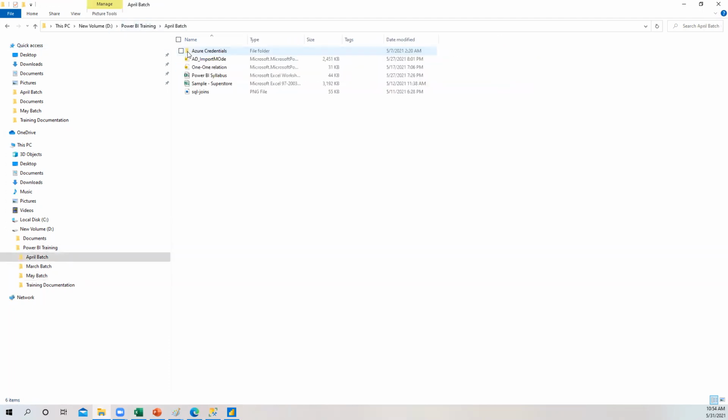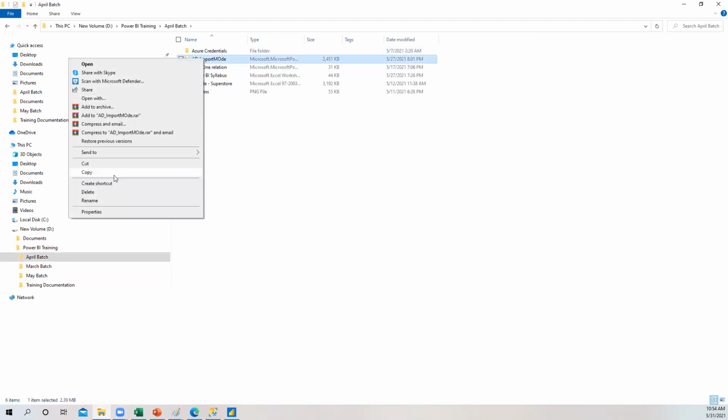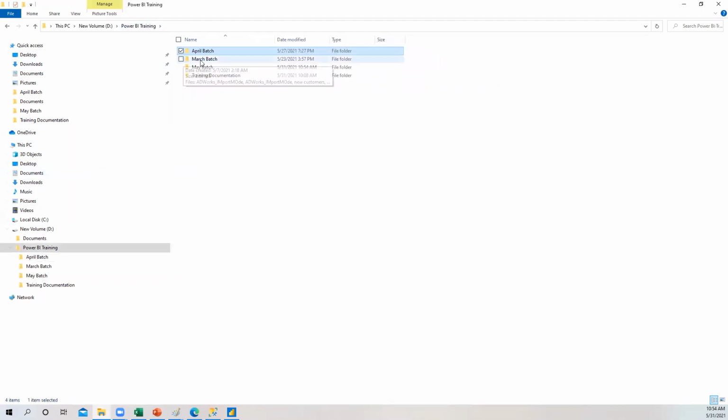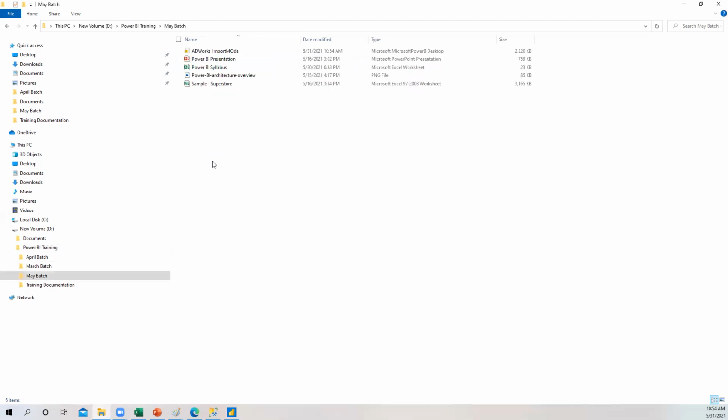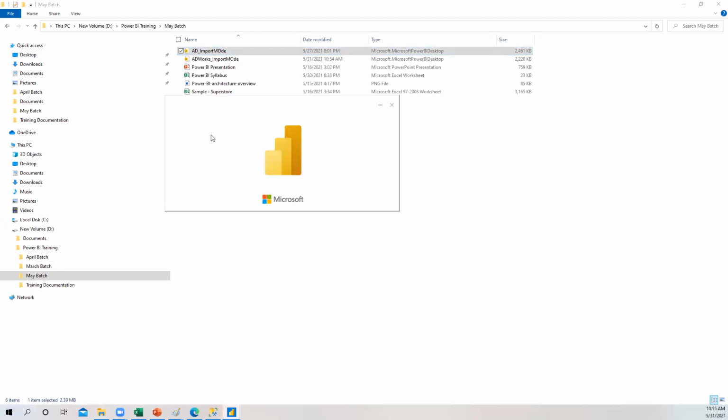Let us get that file from this batch, since I deleted it. This one is connected to Azure. Let us see if we can change the connection from Azure to the SQL Server directly in the same file.